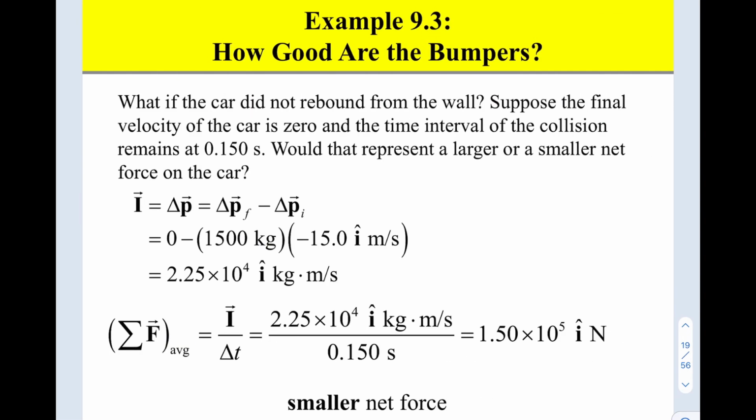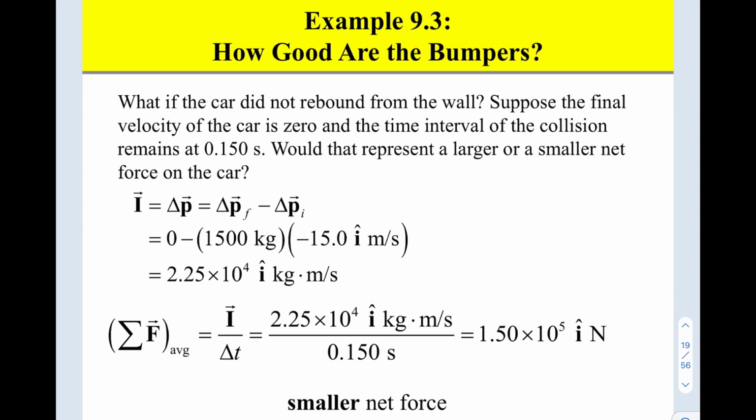What if the car did not rebound from the wall? Suppose the final velocity of the car is 0 and the time interval of the collision remains at 0.15 seconds. Would that represent a larger or smaller net force on the car? So again, it did not rebound. So that means that